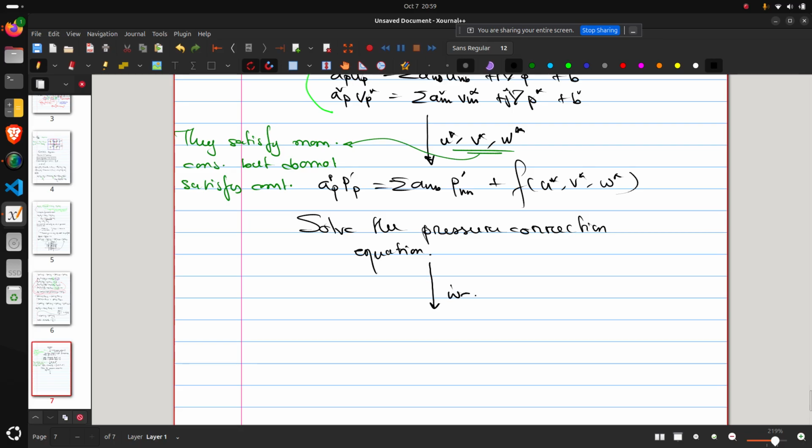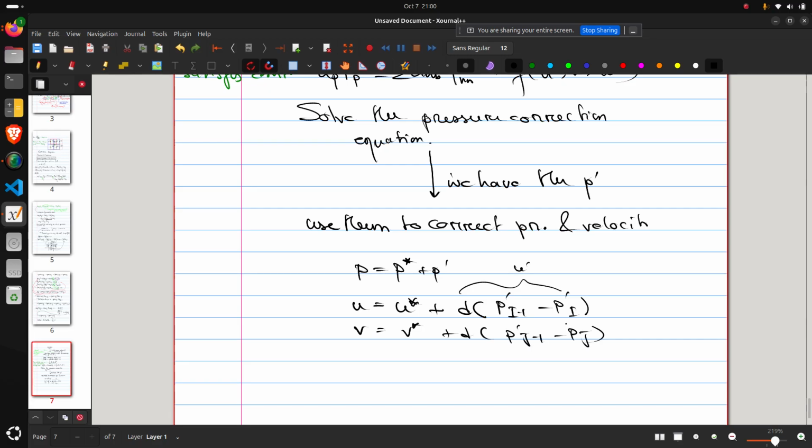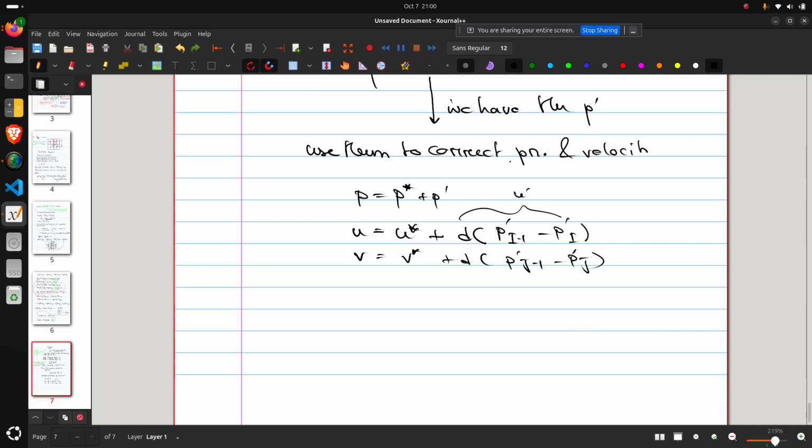Now that we have the pressure correction term, we use it to correct pressure and velocity, right? So the new P, let's write it as P star plus P prime, and U will be something like U star plus D times (P prime at I minus 1 minus P prime at I). This is the U prime part, if you remember. And similarly for V also, P prime at J minus 1 minus P prime at J, something like that. Okay, so now that we have the new values P, U and V, these satisfy